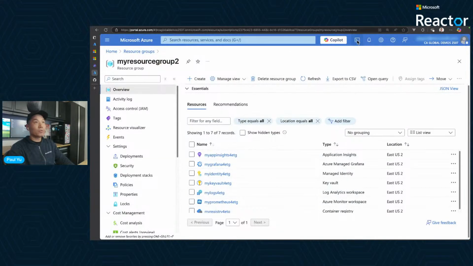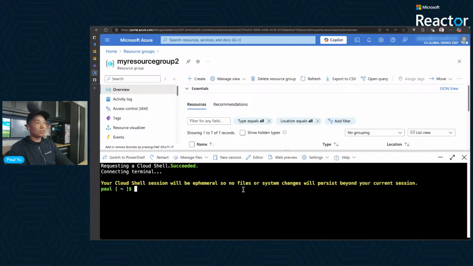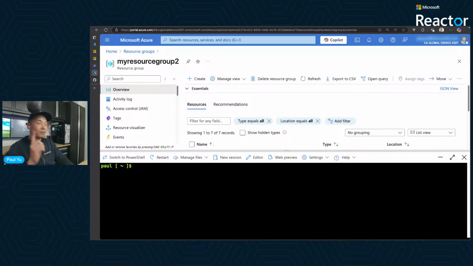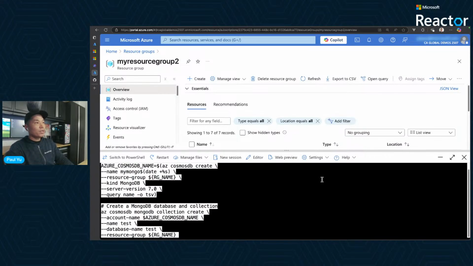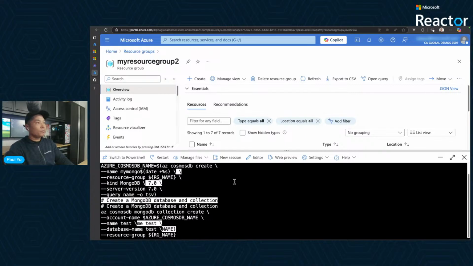Okay. So what we'll do is we will fire up the Cloud Shell again. And let's see, do I still have my RG name? I don't. So RG name equals my resource group 2. Yep, that's what I wanted. So if I just echo it one more time, okay, so I know it's set. Okay. So what you want to do here is we are going to create an Azure Cosmos DB using basically